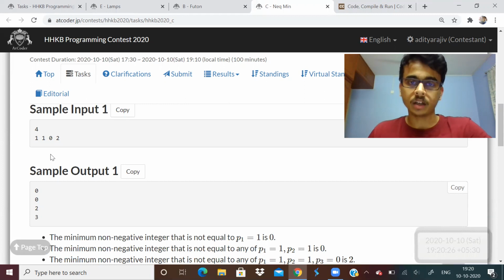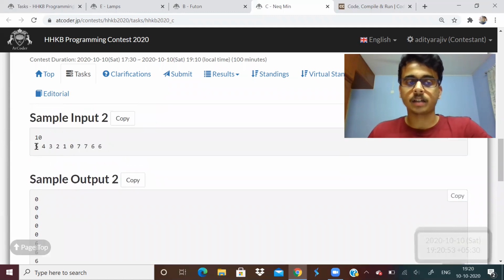So should we print 1? No, because 1 is already present. So now we'll check for 2. 2 is not present, so we'll print 2. Now with 1, 1, 0, 2, 2 is present, so we'll print 3.